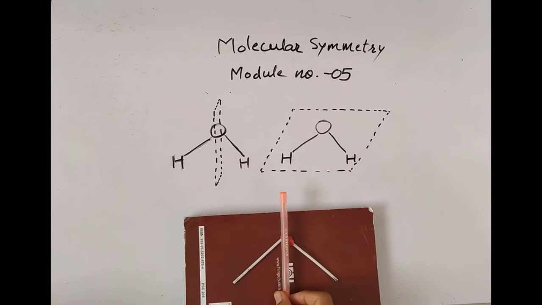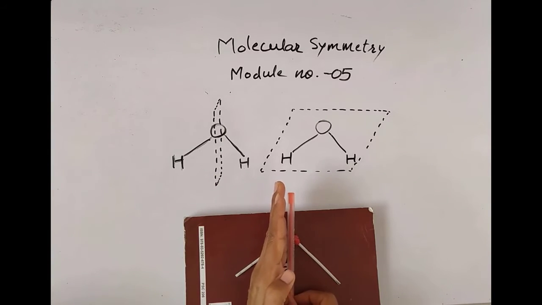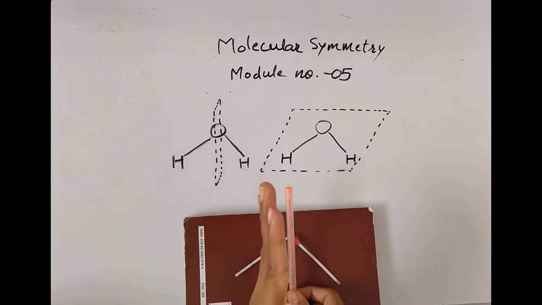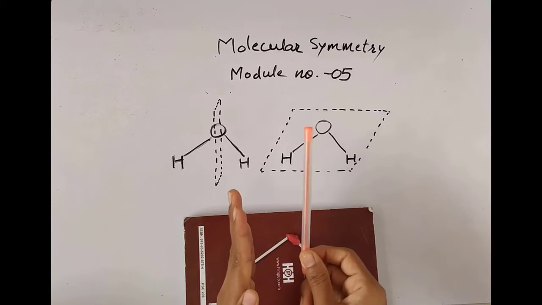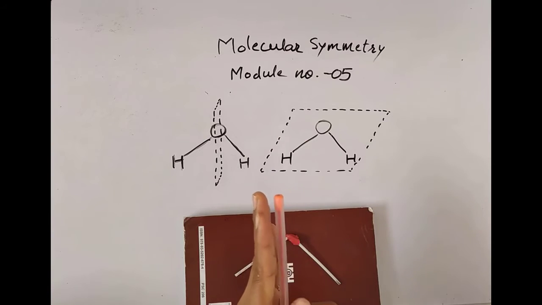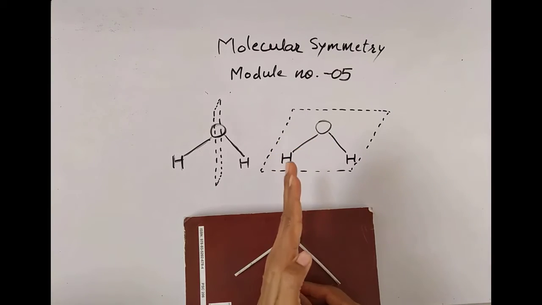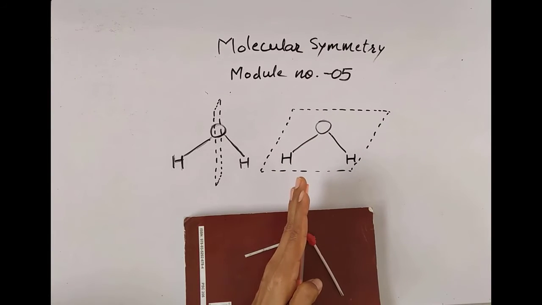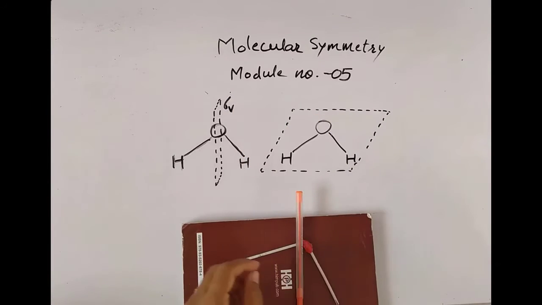And how we are passing the first plane, it is also like this. So this principal axis and plane are in the same plane, means coplanar. So we can say that the plane and principal axis are parallel to each other. What is the angle between these two? 0 degree. They both are moving parallel, together. So this principal axis and this plane are parallel to each other, and a parallel plane we indicate as sigma v.